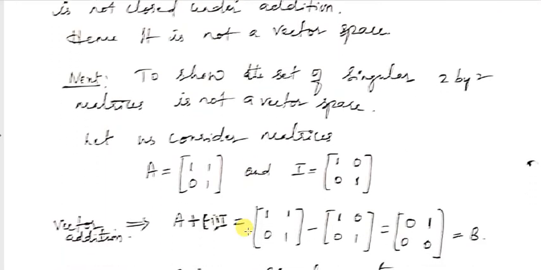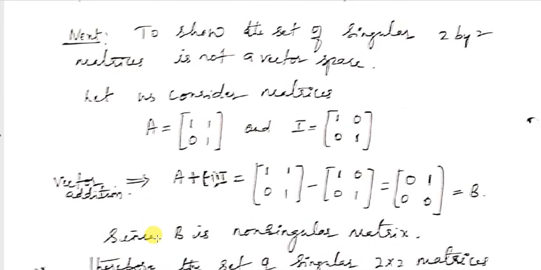So let me consider again two singular matrices of the form A equal to [1 1; 0 1] and the identity matrix [1 0; 0 1]. Let me find the vector addition. Here I will add the matrices A plus (-1) times I. Their addition gives a new matrix [0 1; 0 0], which is